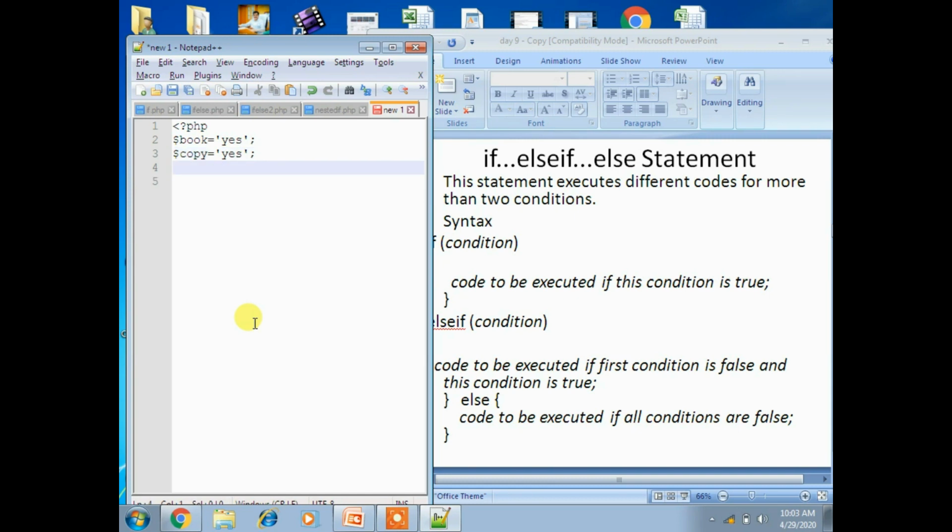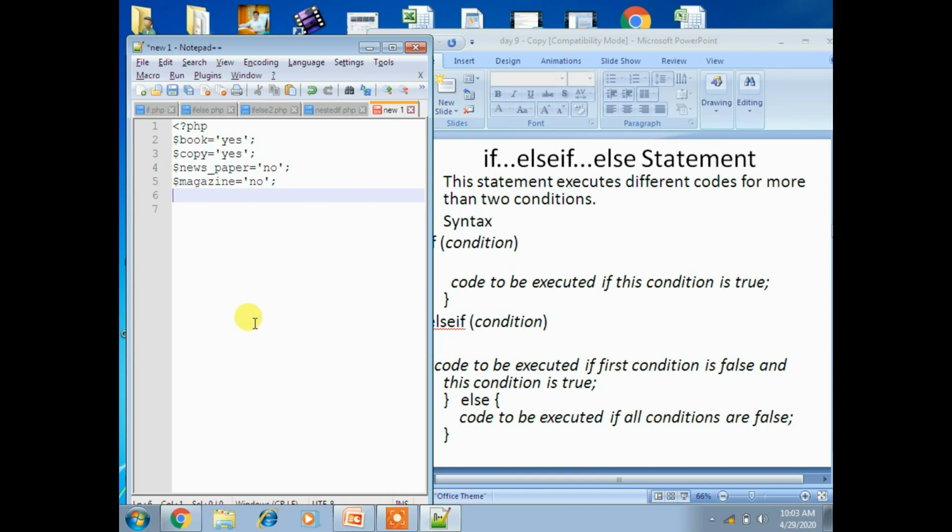Now copy, and another one: if the copy is not there, you will get newspaper. Now here I'll take another variable. If the newspaper is also not there, then you'll go for magazine. So I'll take another one.